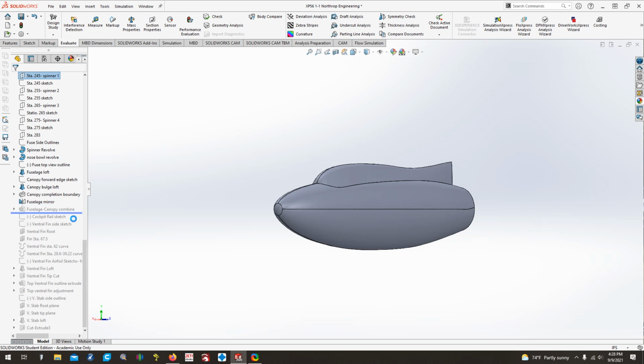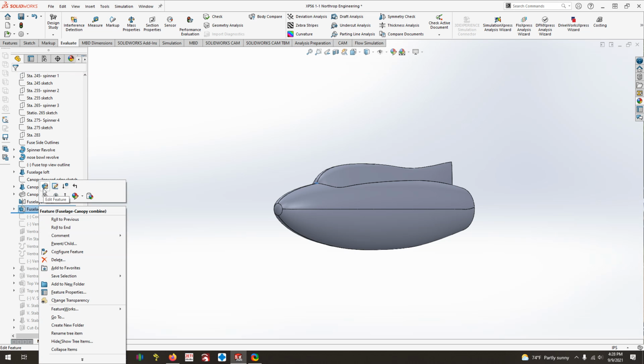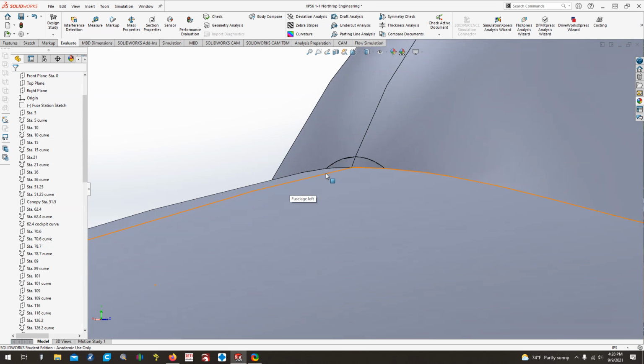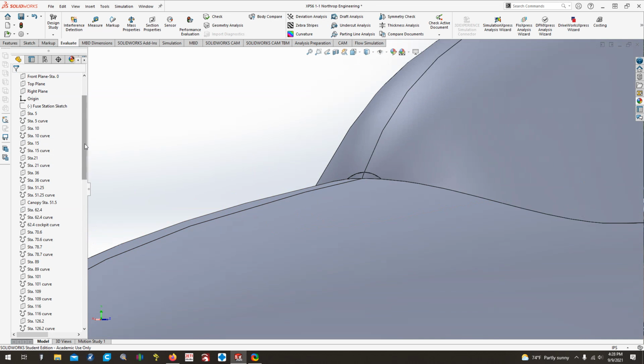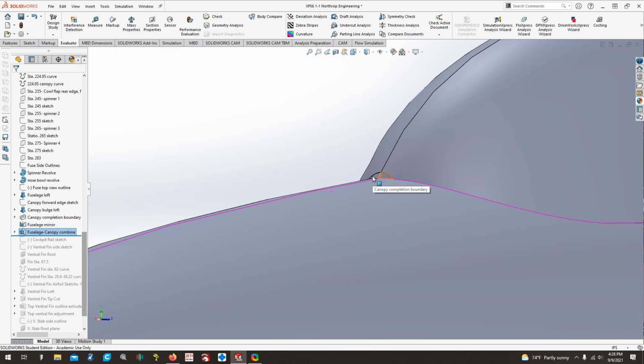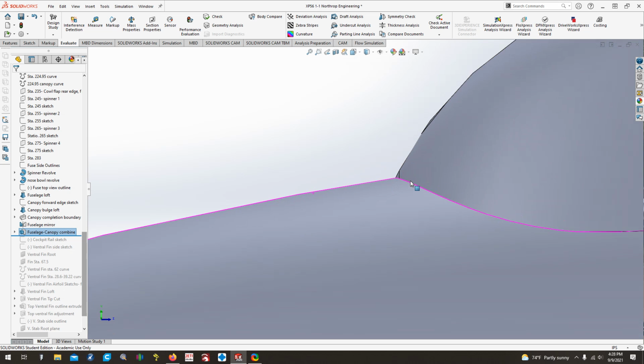After that, I did this fuselage canopy combine. What this feature does is if you have two options that just aren't merging to the solids, you can use this feature. In this case, this was an extrusion. So what I did is this little area here of this boundary, it had what they call zero thickness geometry,